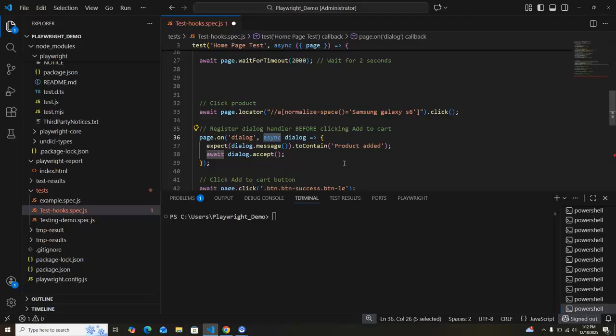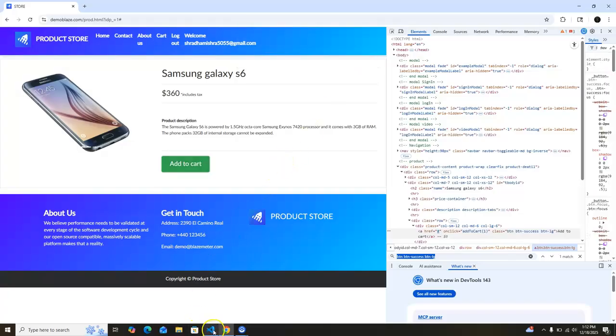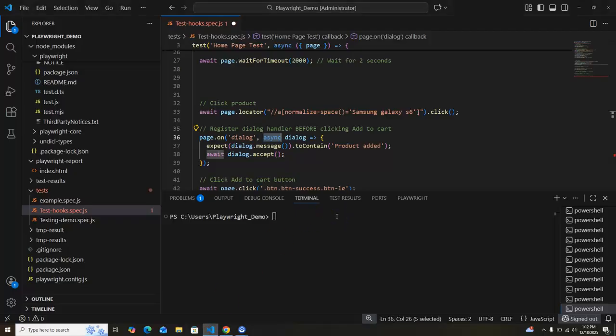So assert that the alert message contains product added, and await dialog.accept means once we click OK, that means we are accepting the product in our cart. Using the await dialog.accept function, we are allowing or adding the product. So this is used for test validation of the alert text, or to automatically close it. Okay,